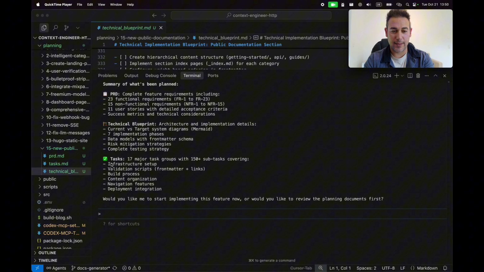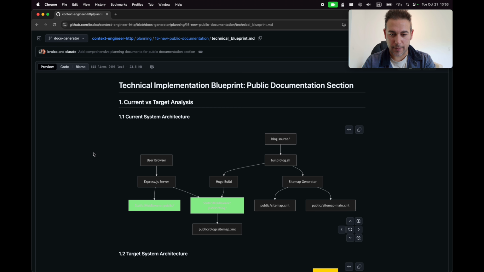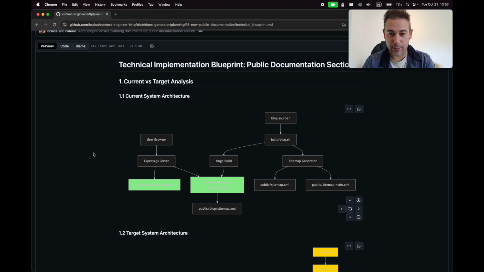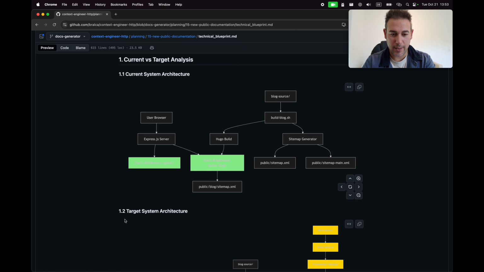And then finally the task, 17 major task groups with 150 plus subtasks, covering everything from infrastructure setup to deployment and integration. And yeah, let's take a look at how some of these look. So let's start with the technical blueprint, which will show you what I was referring to before, the mermaid chart with the current system architecture versus the